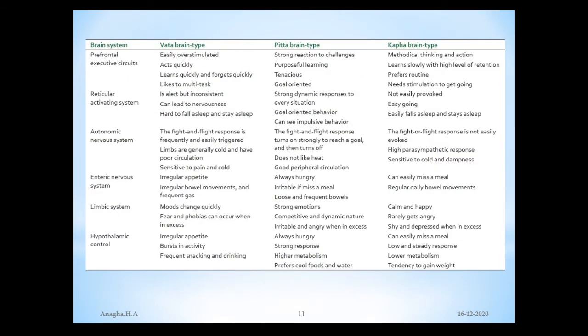Being Ayurveda students, I think we have an upper hand in doing this, because we can also recognize the brain system in which way they are. Like this is from an article: Vata brain type, Pitta brain type and Kapha brain type. How we can recognize it and how it can help us in understanding the patient. Any complex thing which is there, we can understand it or make it simplified and understand that lesion. With this understanding of Vata, Pitta and Kapha, we can recognize how the patient's mood is, or how the patient reacts to any circumstances like that.